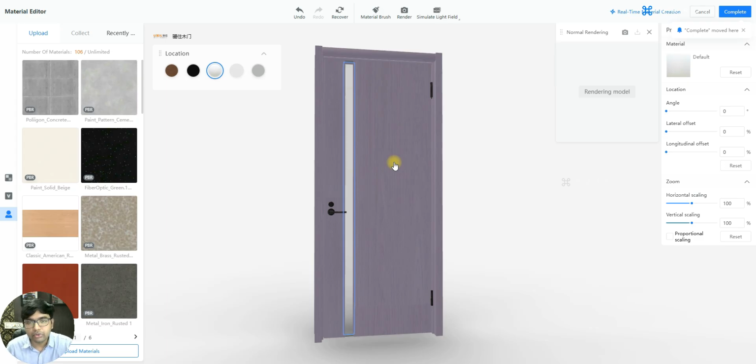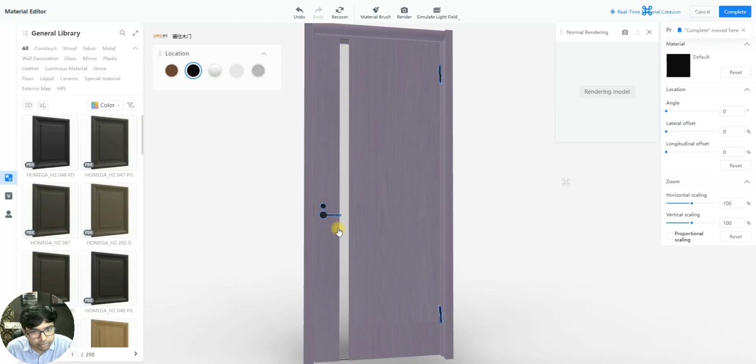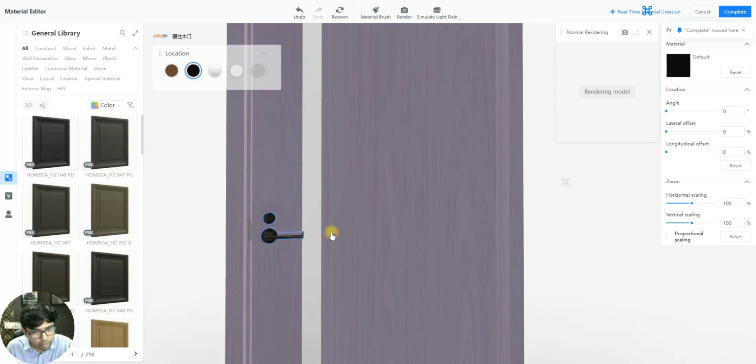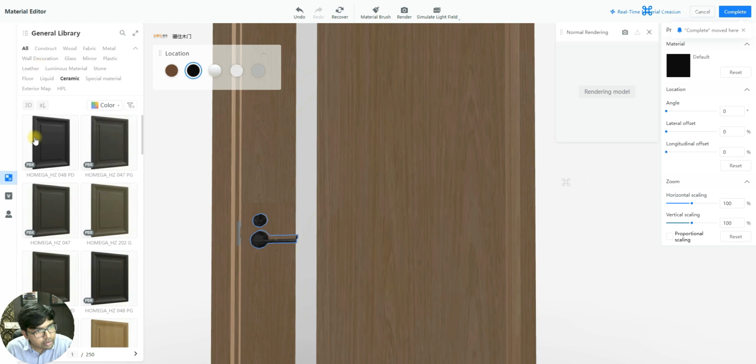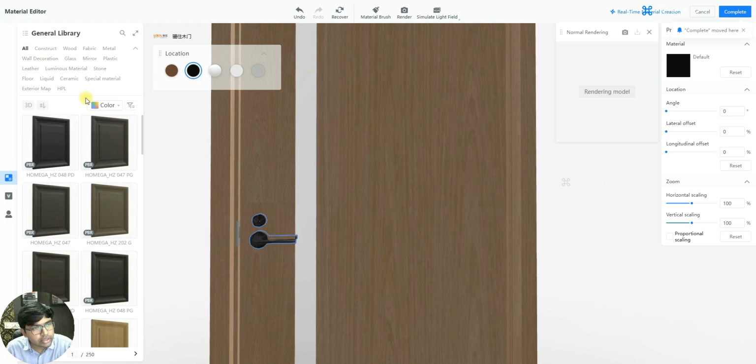So that way, if you notice, even if I select this door handle, can you see, along with the hinges it is getting selected, because the material ID of all these components are same. So if I change anything here, all these components will change eventually together. Here also, if I want to change this handle, instead of this one, if I want to go for a gold finish kind of a thing, let me just go for my material library here, and here I have a specific category named metal,